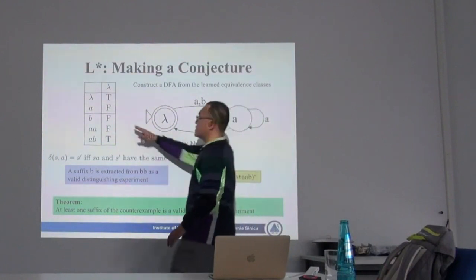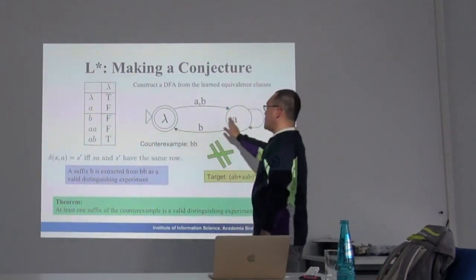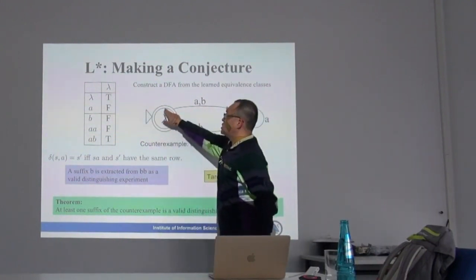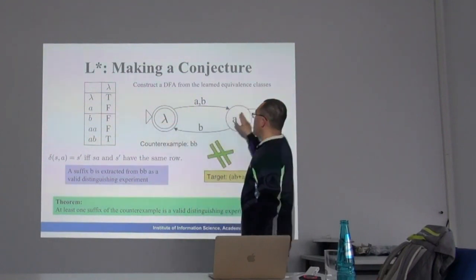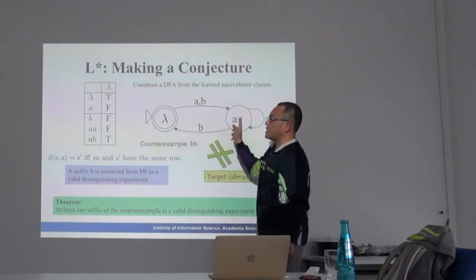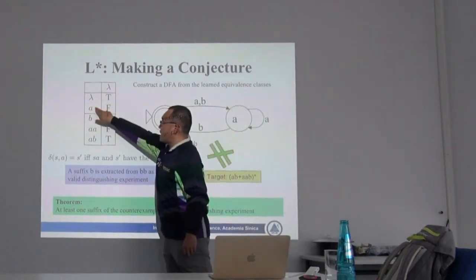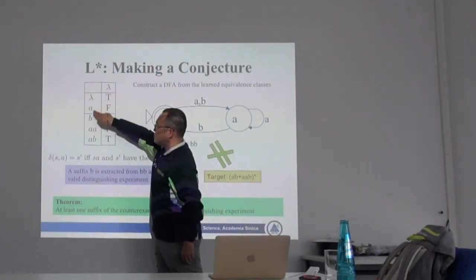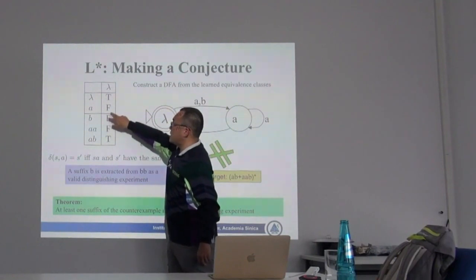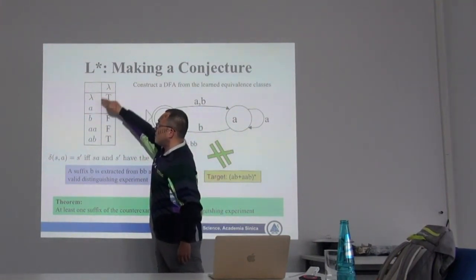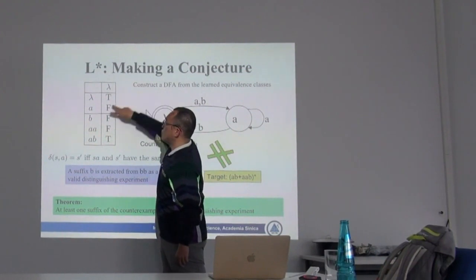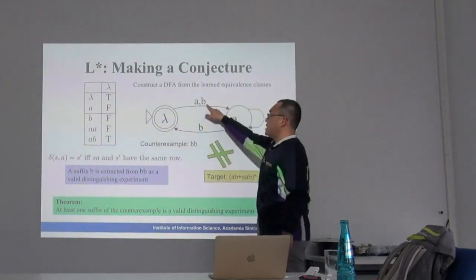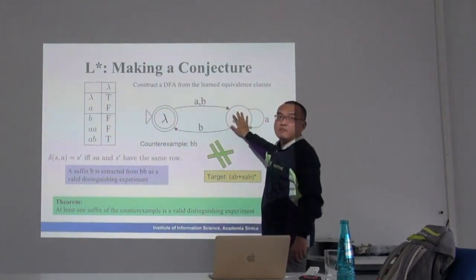So we have two states, lambda and A. Lambda is accepting because after concatenating with the empty string, it is true, so it is an accepting state. And A is not an accepting state. From lambda, take the transition A, I should go to the state A. From lambda, take the transition B, I should go to the state B, but in this table, A and AB cannot be distinguished by any suffixes here. So I believe A and B are the same state. So from lambda, taking B, I will also go to A, because lambda, A and B are the same state now.